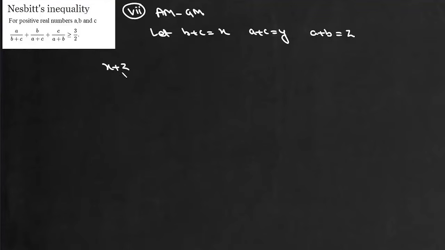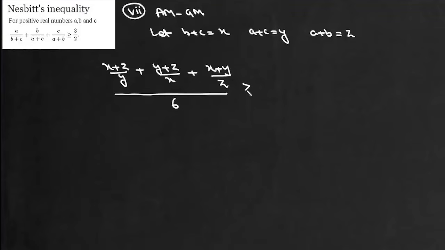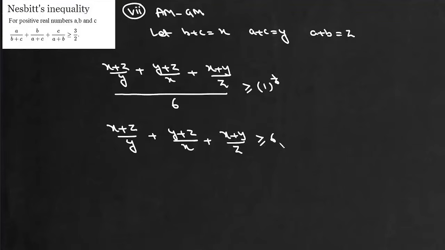(x प्लस z) अपॉन y प्लस (y प्लस z) अपॉन x प्लस (x प्लस y) अपॉन z। अगर इसको हम 6 नंबर्स में अलग अलग डिवाइड करेंगे तो हमको पता है इसका ज्योमेट्रिक मीन 1 आएगा। तो इसका अगर अरिथमेटिक मीन देखेंगे तो यहाँ पे इनको हम 6 नंबर्स के जैसे ले रहे हैं, तो इसके अरिथमेटिक मीन में डिवाइड बाई 6 आएगा और ये बड़ा है या बराबर है इसके ज्योमेट्रिक मीन से। अब ये 6 नंबर्स का प्रोडक्ट 1 आएगा, तो इसका GM 1 हो गया। तो यहां से हम लिख सकते हैं (x प्लस z) अपॉन y प्लस (y प्लस z) अपॉन x प्लस (x प्लस y) अपॉन z, ये बड़ा है बराबर है 6 के।